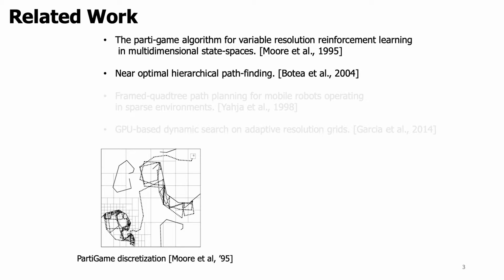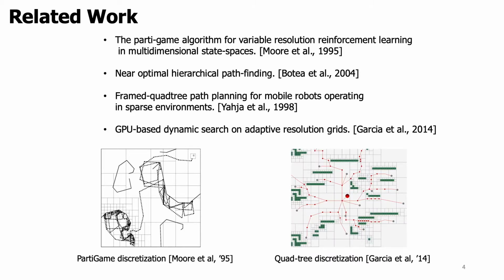The other type of algorithm is searching in hierarchical structures, such as quadtree data structures. These algorithms perform well in sparse environments, but in highly occupied environments they perform even worse than searching on a high-resolution map. These algorithms will eventually reach a high resolution with extra computation costs such as bookkeeping the relative positions between cells. Apart from that, these algorithms cannot be easily scaled to high-dimensional planning problems.